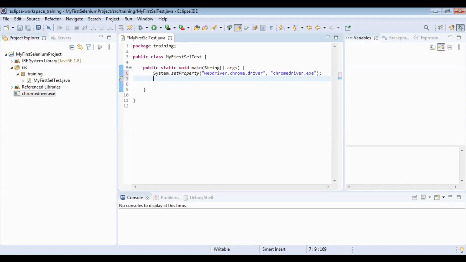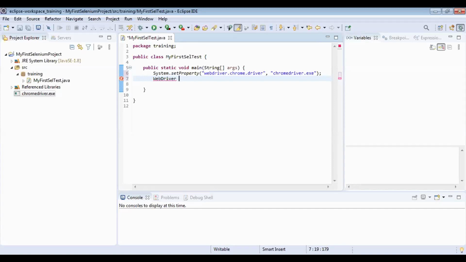I'll talk about these things in detail, so need not worry if few terms you are seeing are confusing. In WebDriver, Selenium provides one interface, its name is WebDriver.